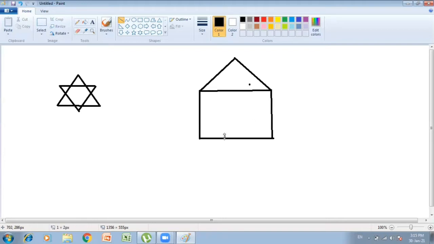This way, using this line tool, you can draw straight lines. It simply works as your scale, like you use in your drawing notebooks.